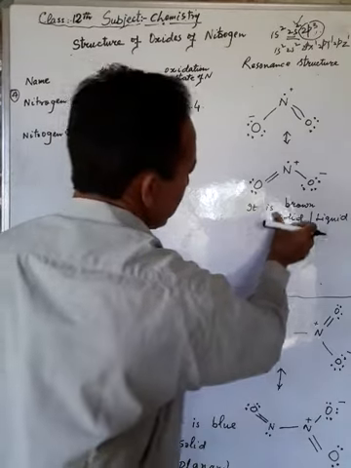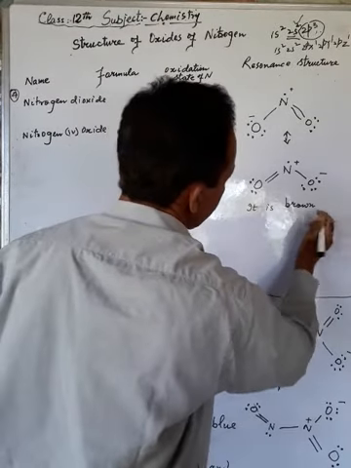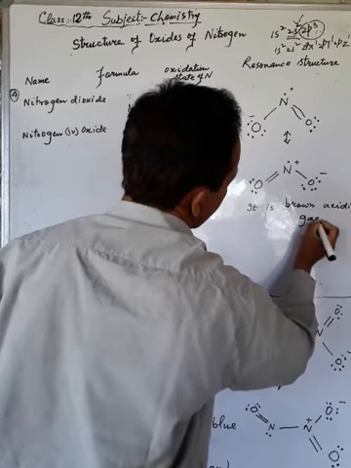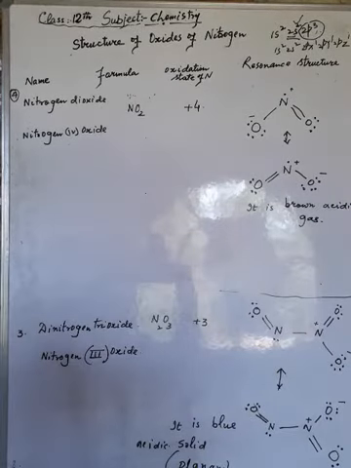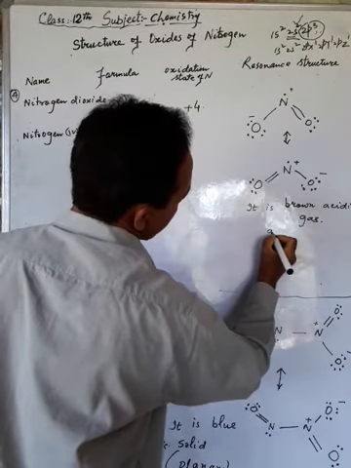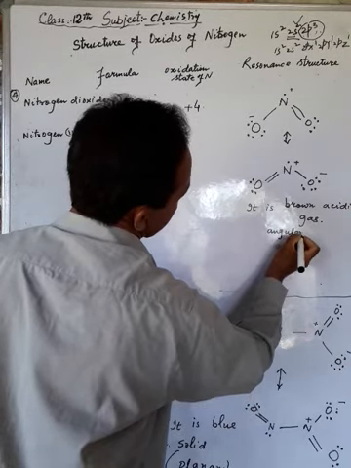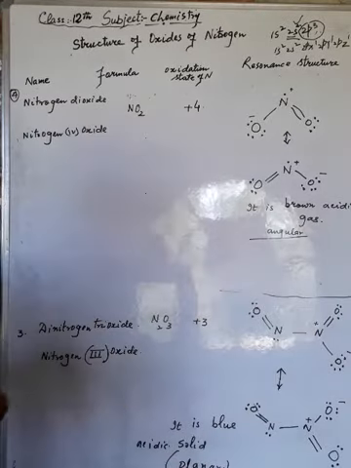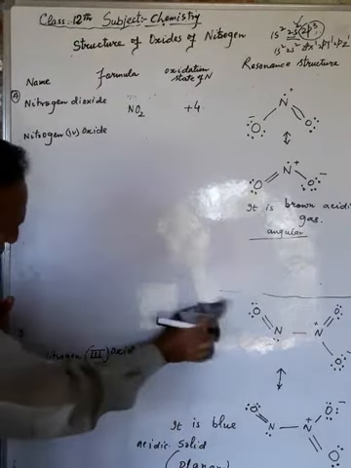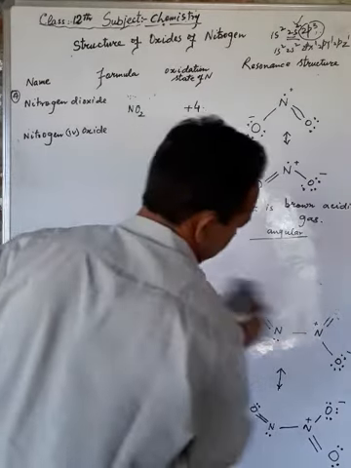It is brown, not solid or liquid, but it is a brown acidic gas. And its shape is angular. After this NO2, we have